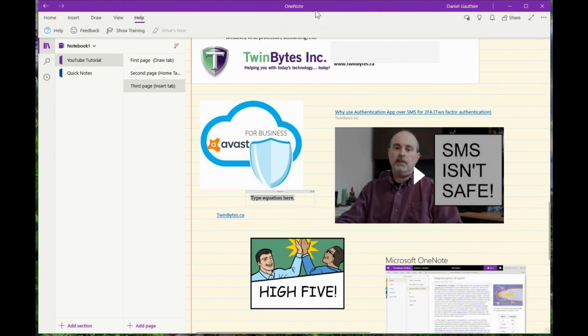So that's pretty much the gist of it. You can see that there's a variety of things that you can do with Microsoft OneNote, and it could be helpful for either business or personal use. So depending on what you're doing with it, and if you want to have it accessible from your phone, you can do the work on the computer, which is a lot easier to download and copy and paste things into, and then access that from your phone or a tablet, so you can easily look up things such as recipes and that sort of thing when you're in the kitchen on the tablet, and in a business meeting, or you're just on the road and you're looking up a shopping list on your cell phone.